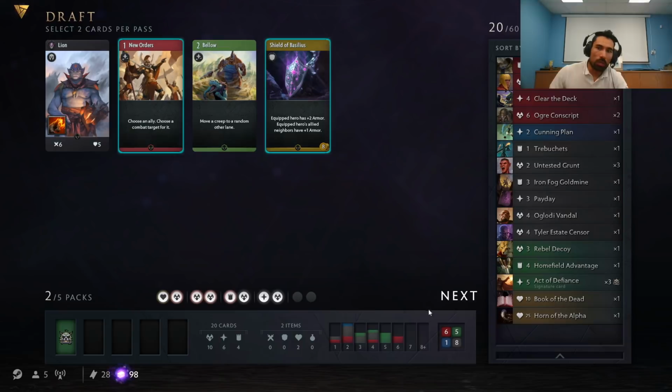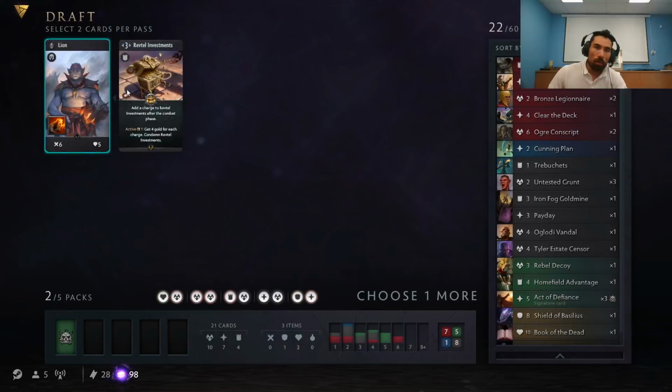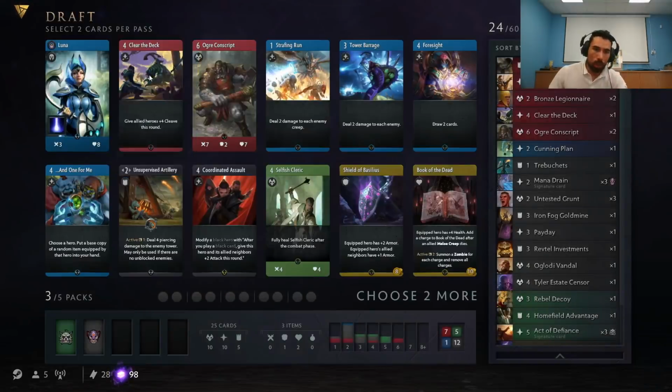Below is not a good card. Just comparative with Slay. Slay is killing a creep. This is moving a creep. Okay. Oh my god, I really didn't want that hero. I mean, so we have Luna again. Yeah, people love her. I won't talk about blue anymore. So let's take the Ogre Conscript, and